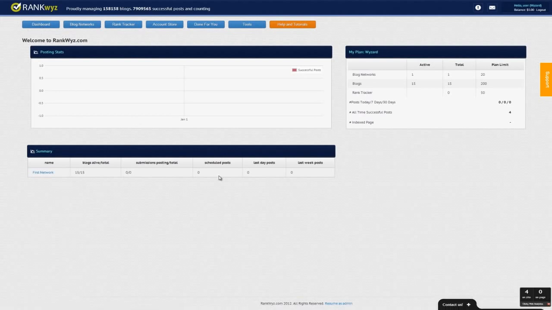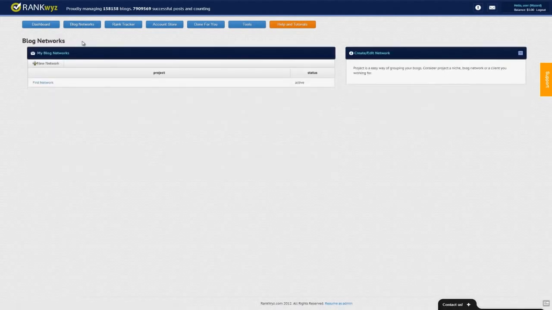First, we have a dashboard. I logged in to a freshly created account. You can see posting stats. It will be a graph as you're building your network day by day. You can see your stats, your billing, your limits on your account, and a summary of your networks, the blog networks. This is the essence of our application. We're building blogs,